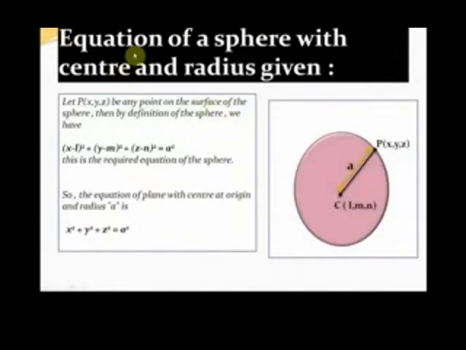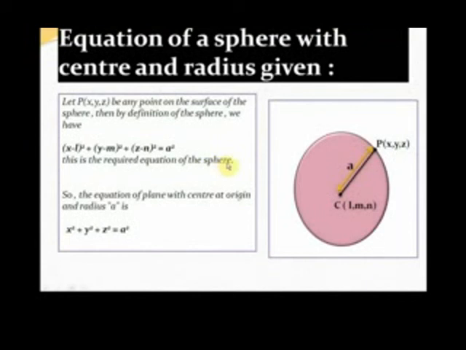Now let's try to find out the equation of a sphere with the center and the radius given. Let us say that this is a sphere. Let the center of the sphere be C with the coordinates L, M, N. Let's say the radius of the sphere is a. Now if we take any point P(x, y, z) on the sphere, then from the definition of sphere, the distance of this point from the center should be equal to the radius. Thus (x minus l) whole square plus (y minus m) whole square plus (z minus n) whole square should be equal to the square of the radius, which is a square,